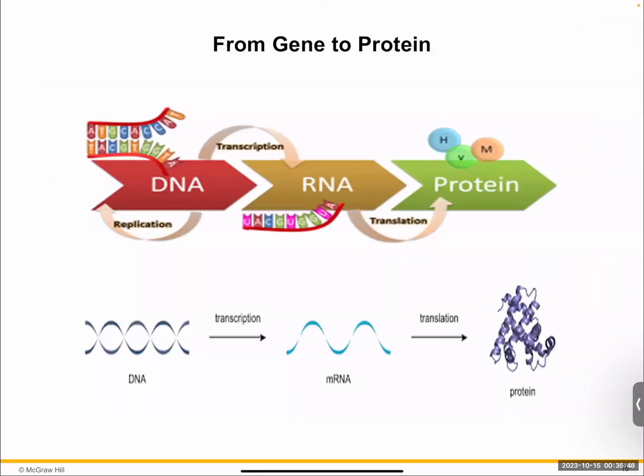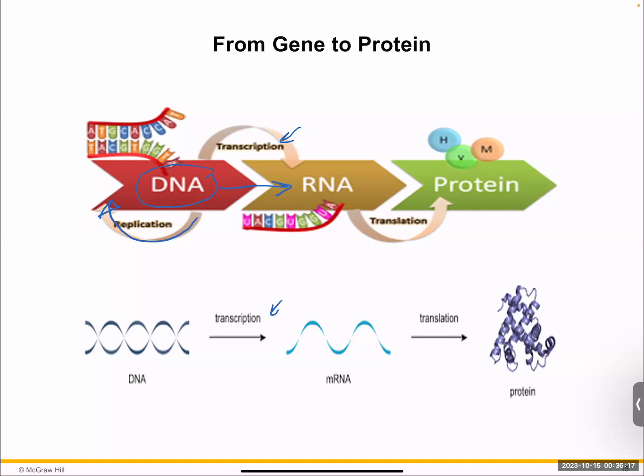So here is a depiction of what I was trying to say. Right here, you have the DNA. And notice that there is an arrow that's kind of reverted back to the DNA. That implies that DNA is replicating or copying itself. If I'm going from DNA to RNA, as you can see here, the process is known as transcription. And in transcription, you make your RNA.